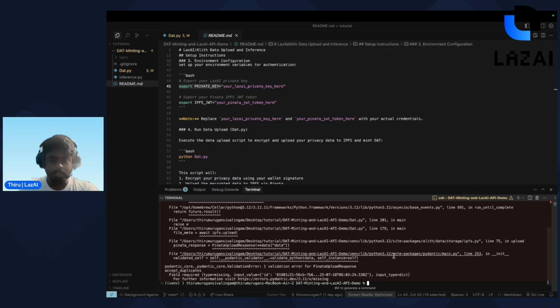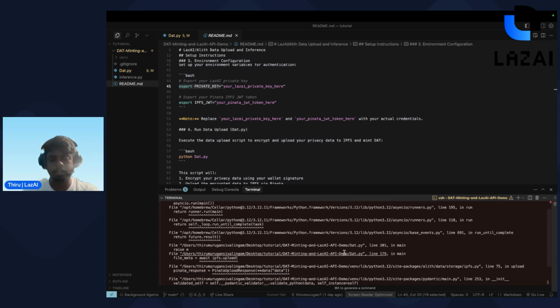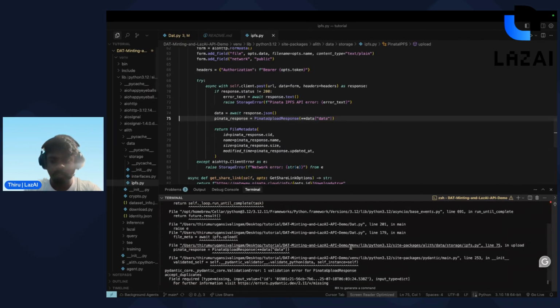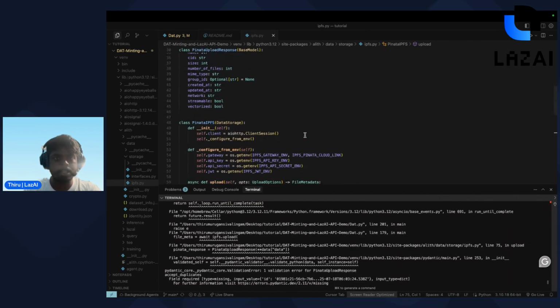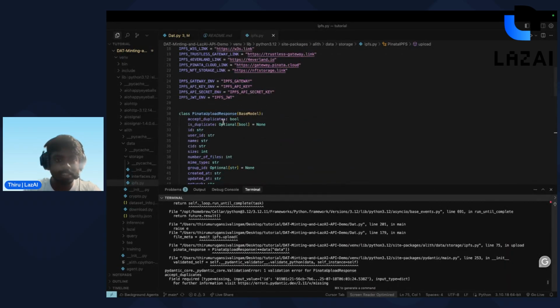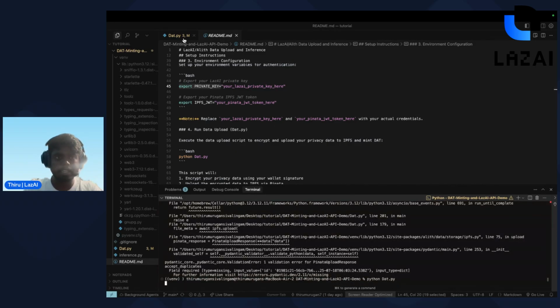So here, there's an issue with the existing version of Alith. If you install the most recent version, you won't have this issue. So if I go over here in the ipfs.py, I just need to do a minor change. Here I just have to make this false. That's it. Now if I run DAT,